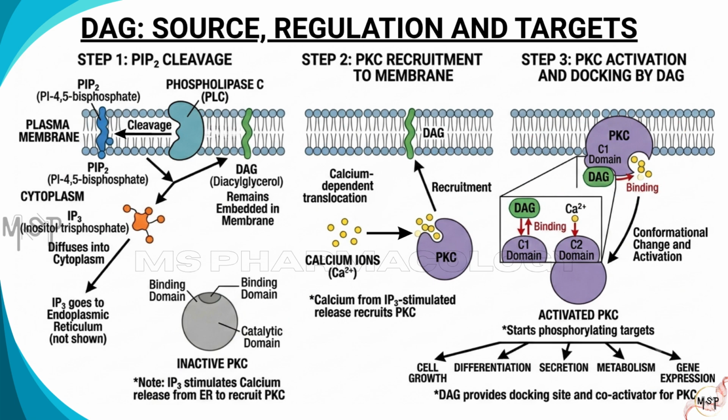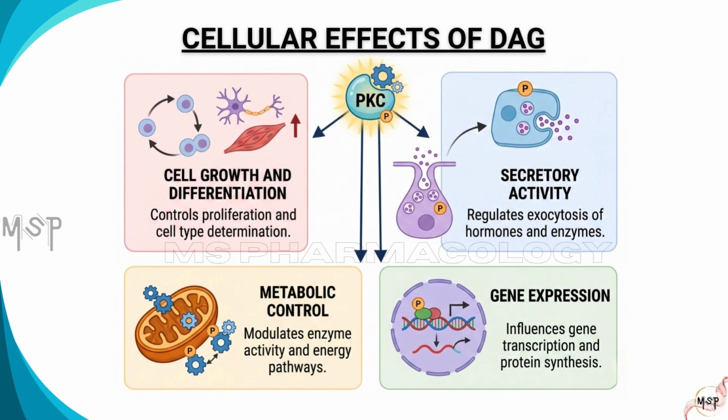that promote its activation. Activated PKC then phosphorylates specific target proteins, triggering signaling pathways involved in cell growth, differentiation, secretion, metabolism, and gene expression. Thus, the two products of PIP2 cleavage work together. IP3 increases intracellular calcium levels, while DAG binds the C1 domain of PKC, helping localize and activate the kinase at